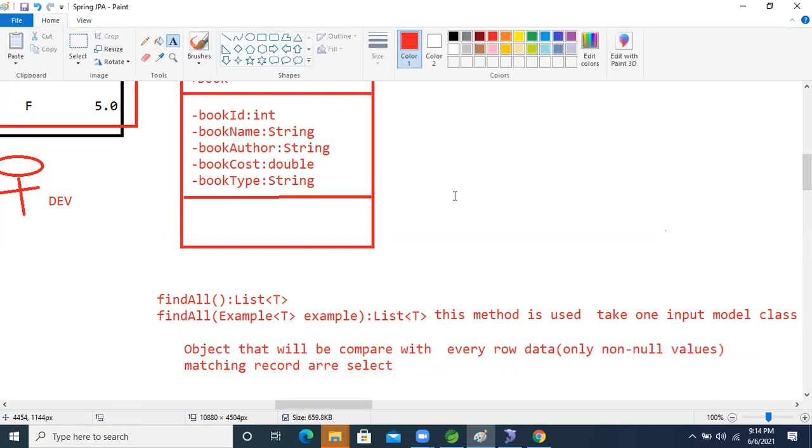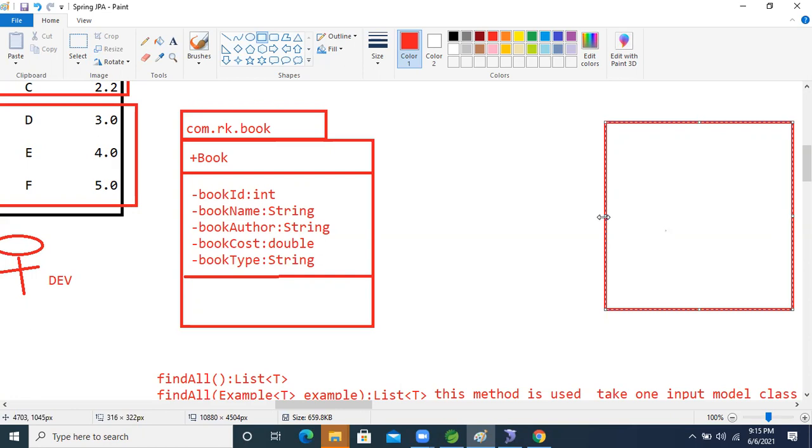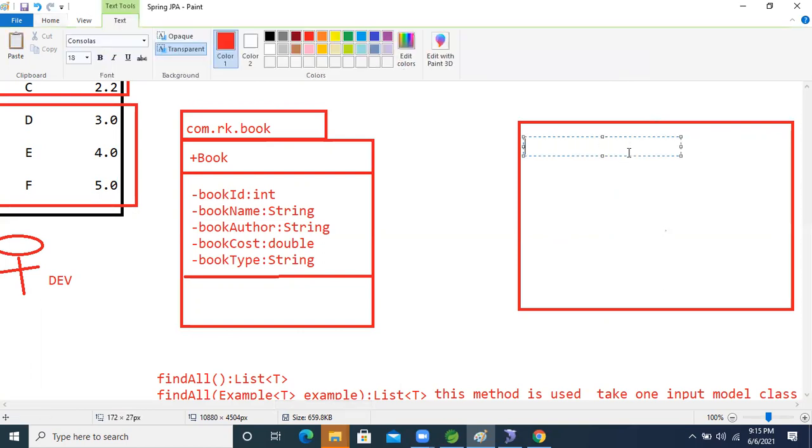What kind of data will there be? So this is our model class, and in the database I'm going to store it. Just think about that: this is our database table. In the database, Book ID is there. Another one is book name, I'm just taking B name. Another one is what now, guys?